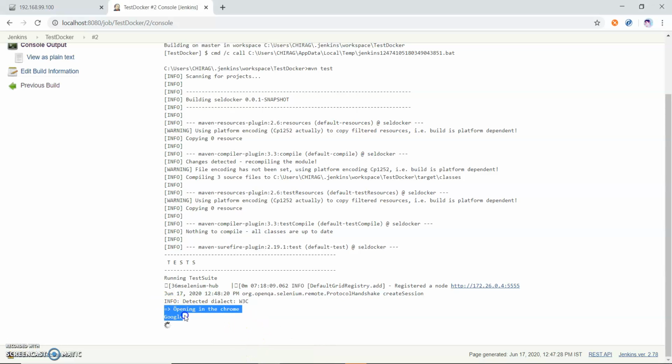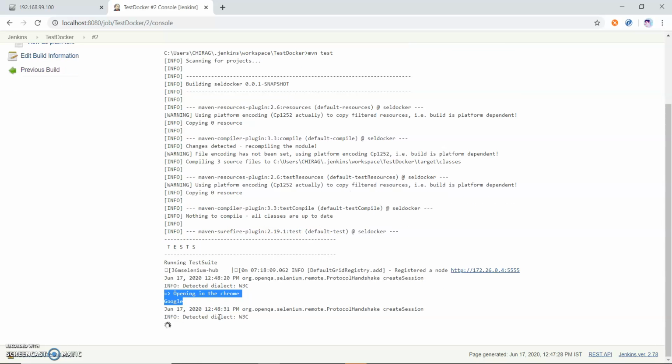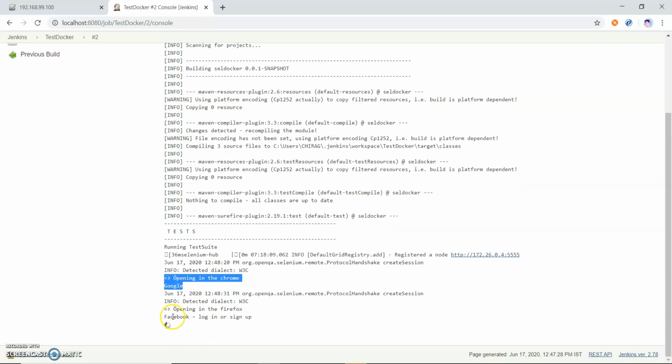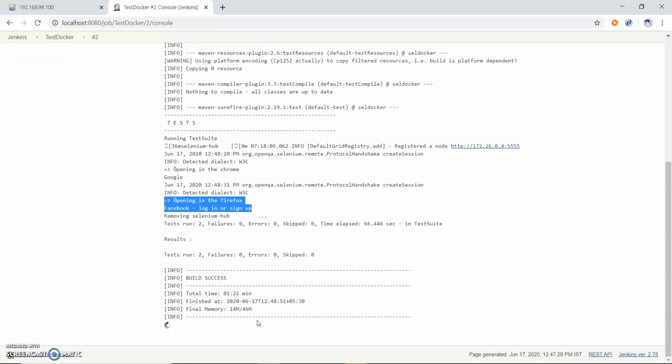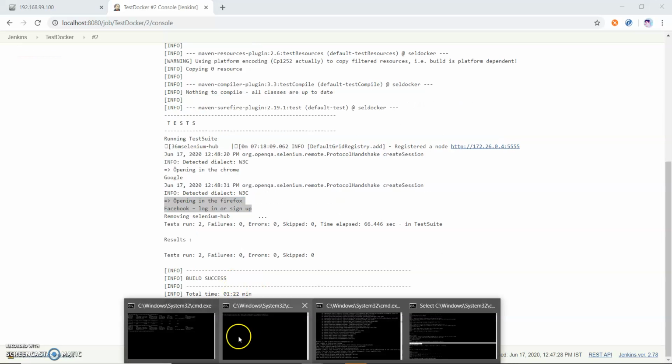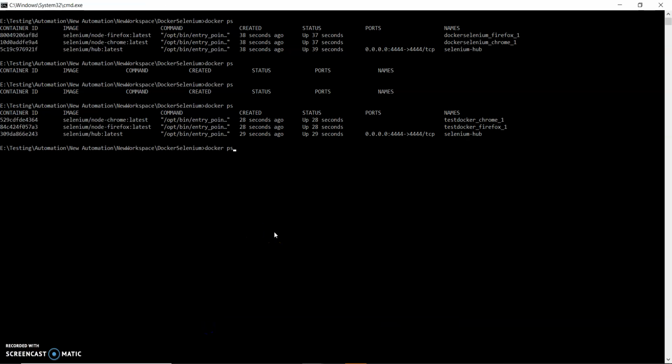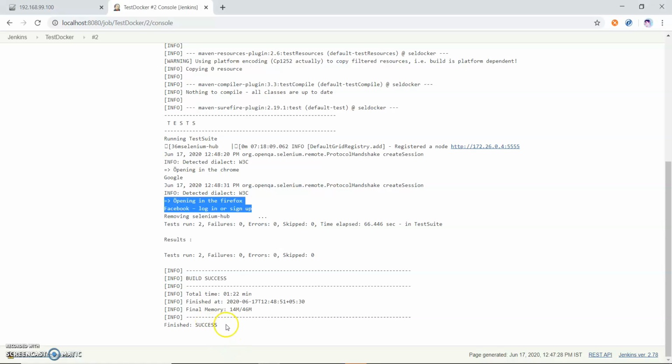You can see the first test case has been run successfully, opening in Chrome and Google. The second will open in Firefox and Facebook.com. So now the second test case is running. You can see the second test case has been run successfully, opening in Firefox and Facebook. The title it will print, and it has been printed. So now you can see it closes, and we will again see whether the containers are shut down or not. So you can see all the containers have been shut down, and my test case passed